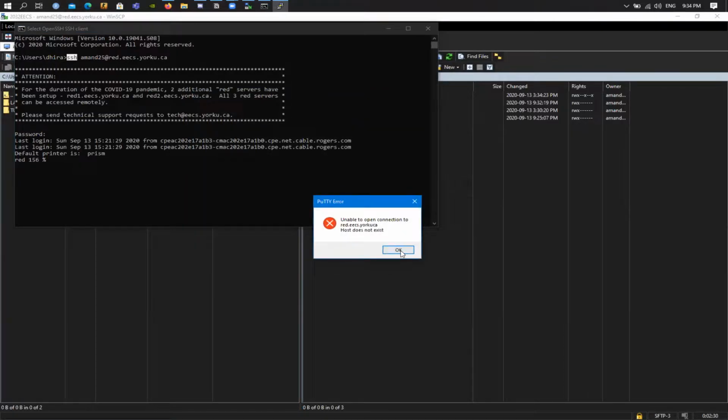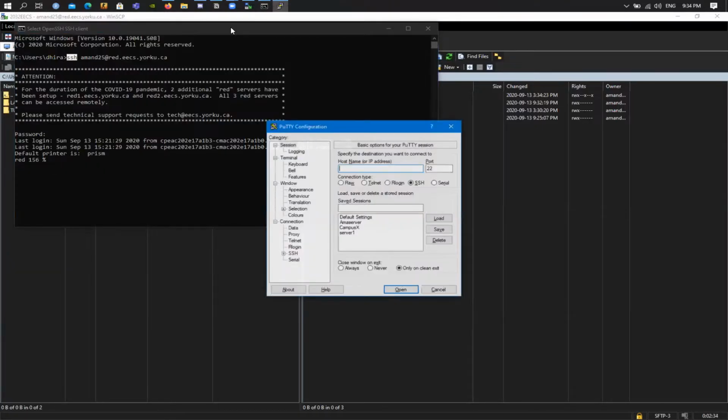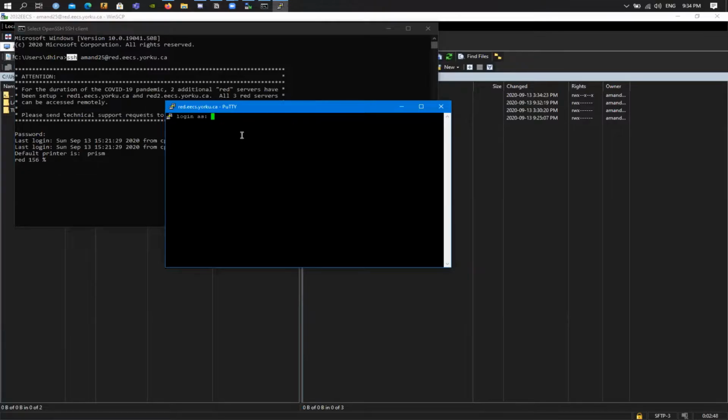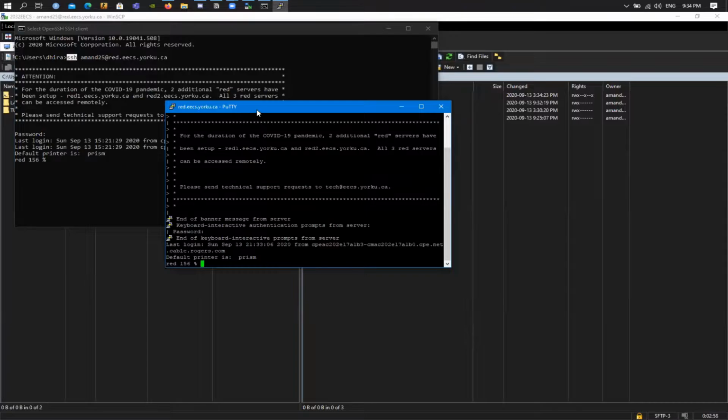Oh, sorry, I forgot to put .ca. Let me PuTTY red.eecs.yorku.ca. There we go. Let me check that. Yep, 22, and then you press OK, and then it will prompt you with login as. So this is where you put your username, and then obviously it's the exact same format as the other one, and you put your password, and then obviously it's exactly the same